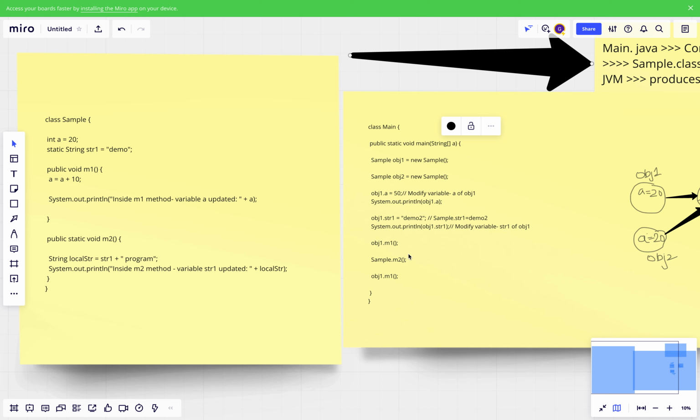So basically the idea here is to discuss how we are going to access the static and non-static variables or methods. This is what happens during program execution, during class loading, or when the JVM creates the object or loads the class, where the static or non-static variables' memory allocation happens. This is very important. If we know the difference between static and non-static, then things will be easy going forward.